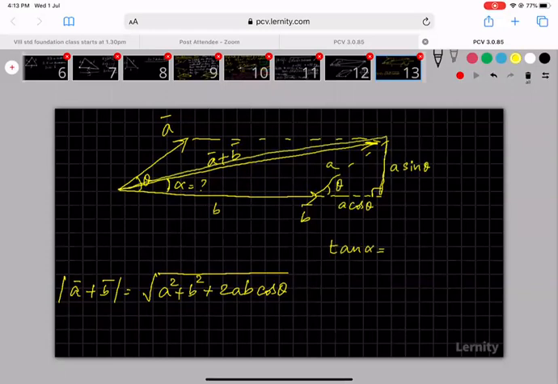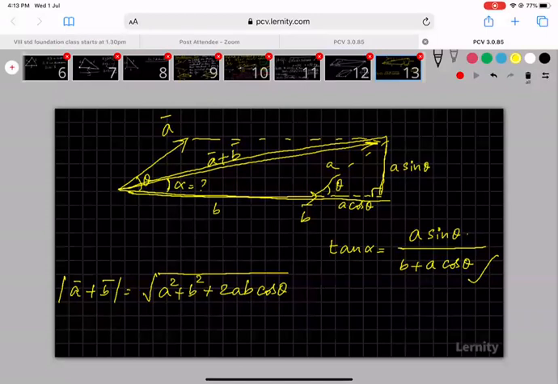Now, there is a bigger right angle triangle, no? In that right angle triangle, tan alpha equals the opposite side, which is A sin theta, divided by the adjacent side, which is B plus A cos theta. You know the values of A, B and theta, so substitute them and you get tan alpha. Once you get tan alpha, you can find alpha, using a logarithm book or an app on the internet. Understood or not? So you can know exactly the angle made by the resultant of two vectors with one of the vectors.